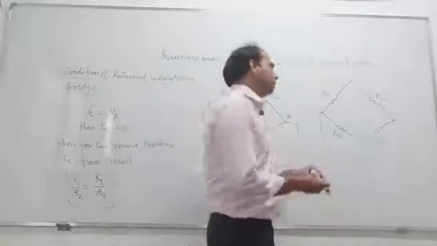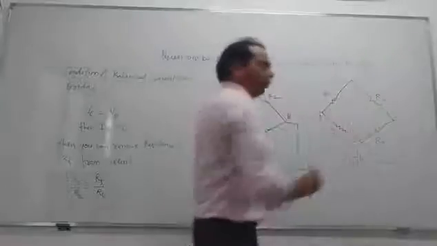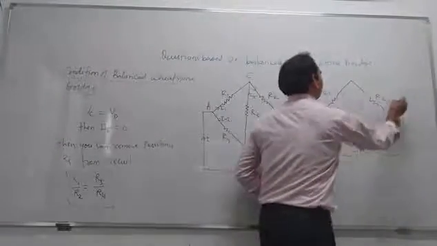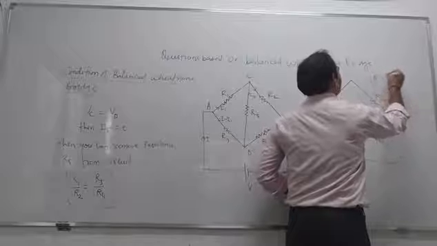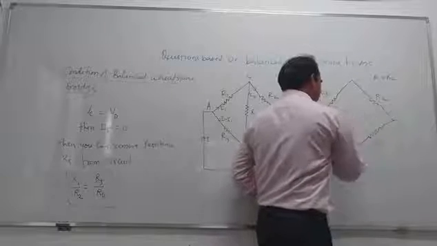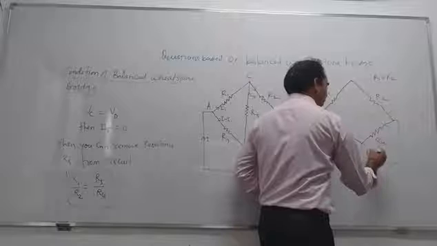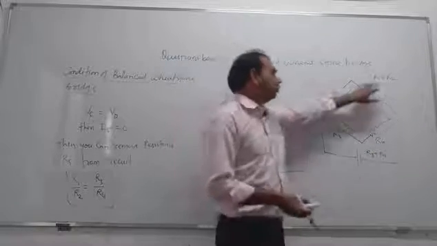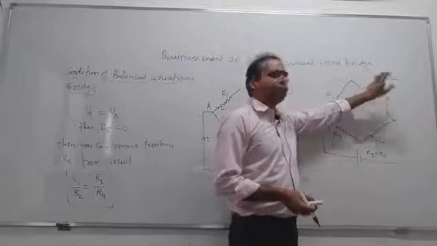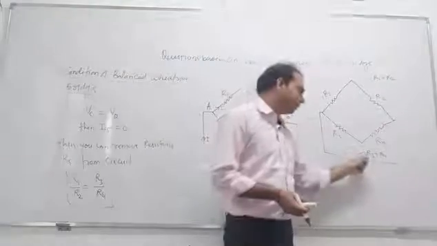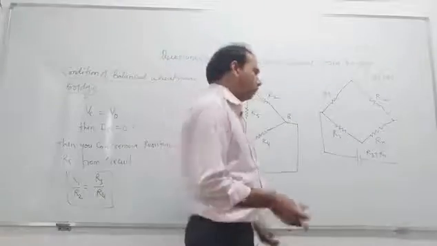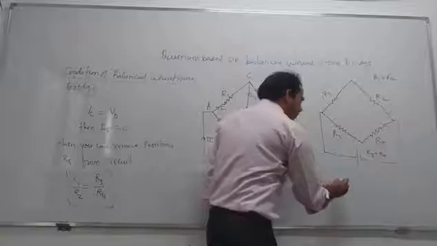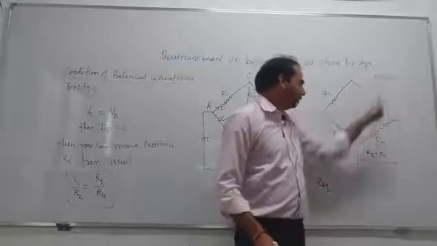So you can say the equivalent of these two, that is R1 plus R2, and the equivalent of these two is R3 plus R4, right? And the combination of these two, that is R1 plus R2, is in parallel with this. So the equivalent of this whole circuit is this R equivalent, and the parallel combination of this and this is